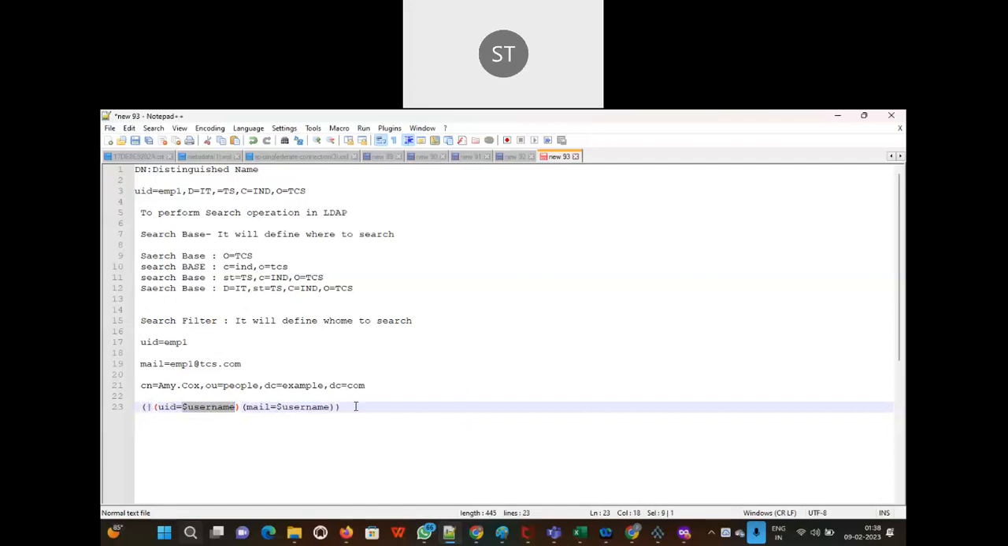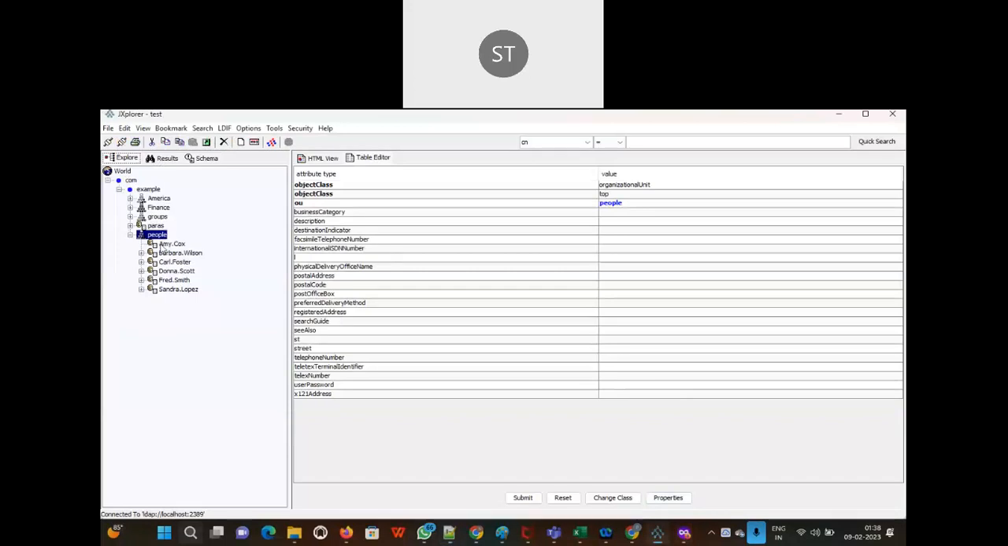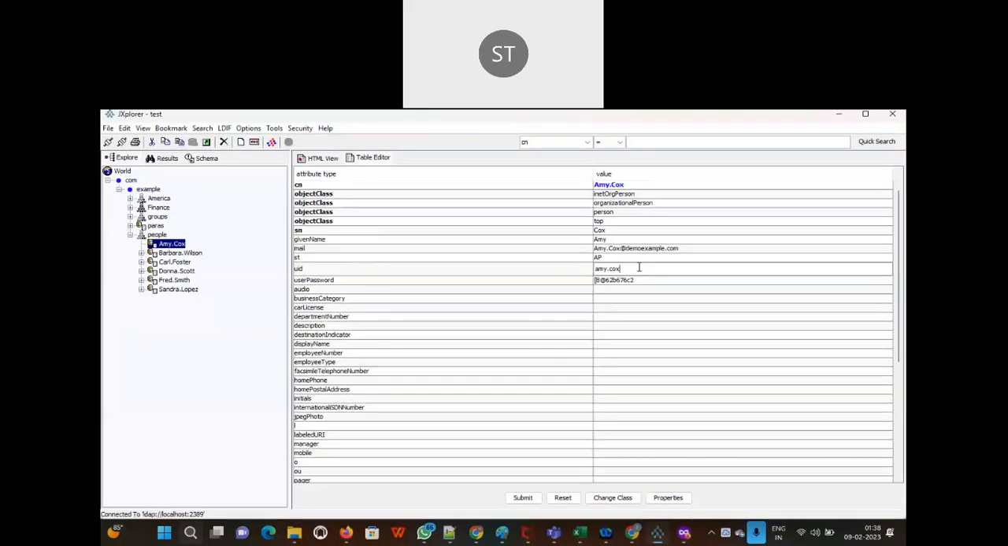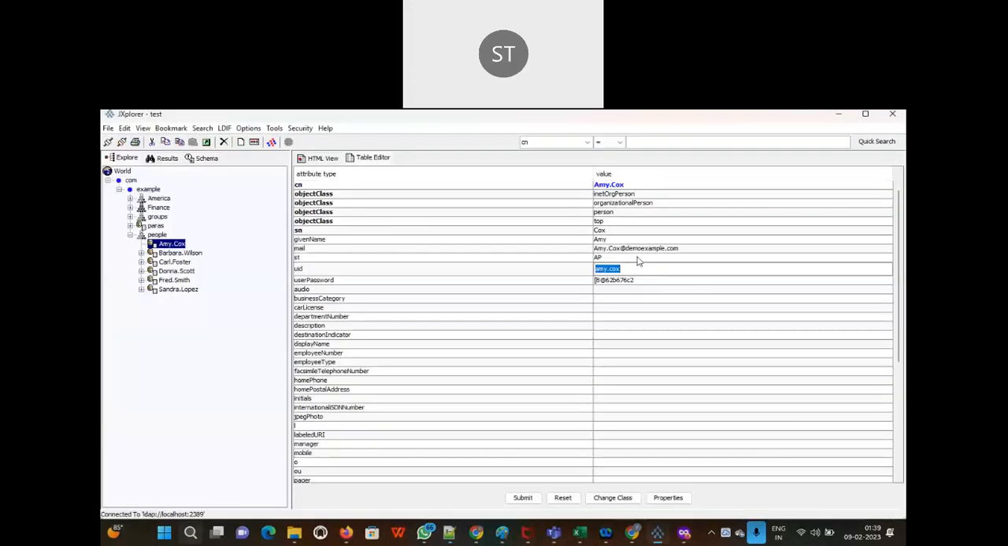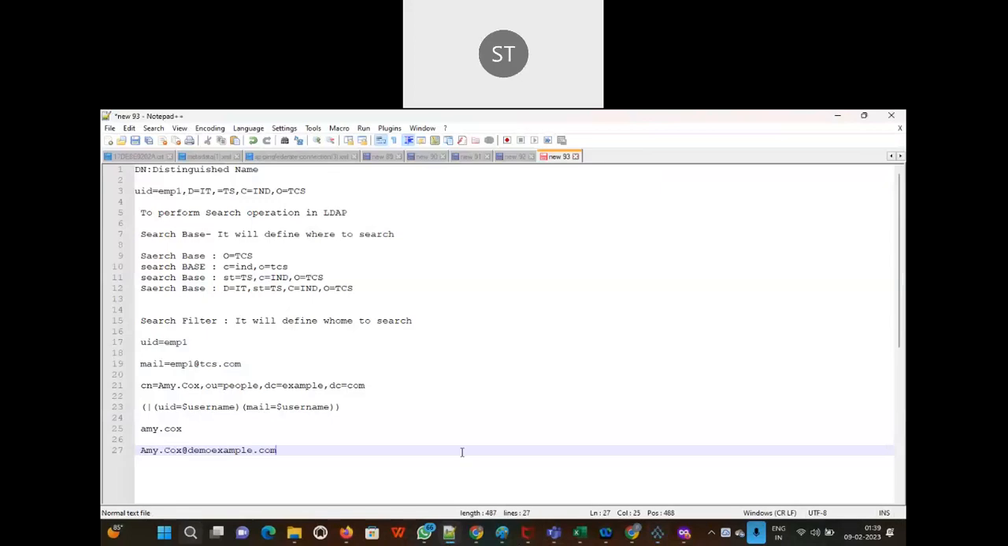So what will happen? Let's assume I'm trying to search amy.cox. The UID is amy.cox, and the mail is this one. So this is the email address and user ID for amy.cox. Let's use this example. Now the first time, Amy is trying to log in by using her user ID. So if you set the